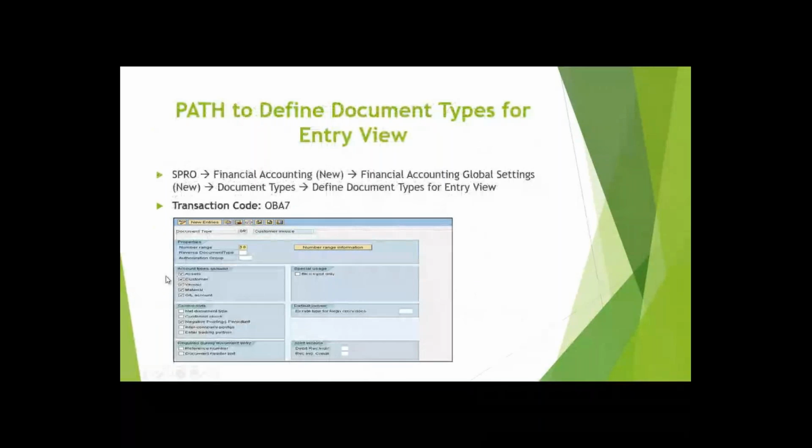See here. Is it visible, the screen? Yes, sir. Account types allowed. One document I'll create. What are all the accounts we have allowed here? All the types: asset, customer, vendor, material, general ledger account. Now think that I don't have inventory. So what I should not allow?